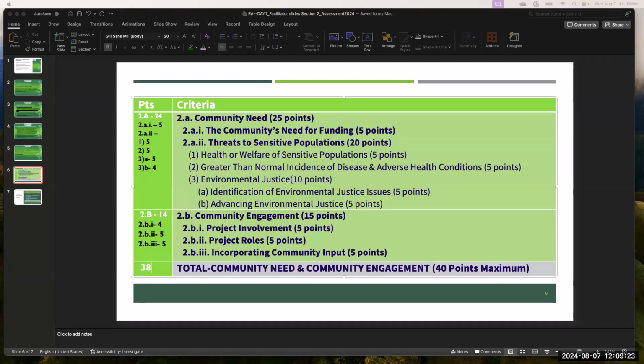Full points for how they approach community engagement, identifying a diverse task force, extensive communication strategies there. So that was also 5 out of 5. So pretty good score overall for us on section 2.